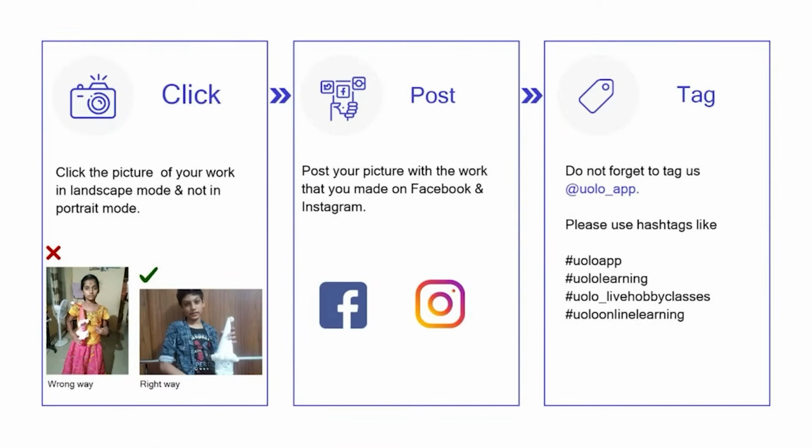Just a tiny reminder, your submission looks a lot better if you could click a photo in the landscape mode rather than the portrait mode. Do not forget to tag us at YOLO_app